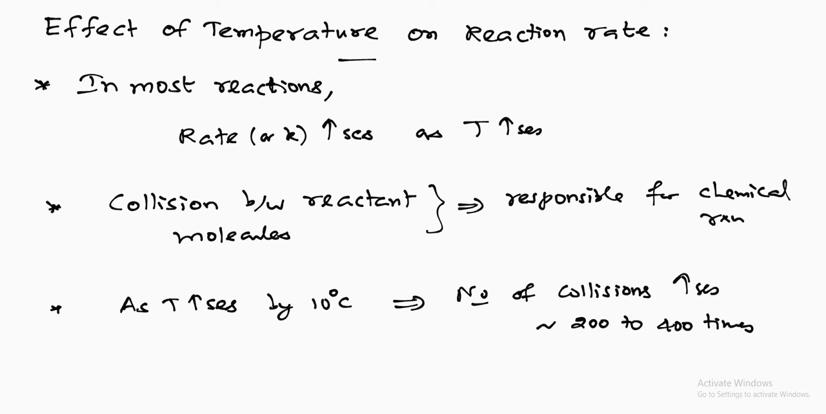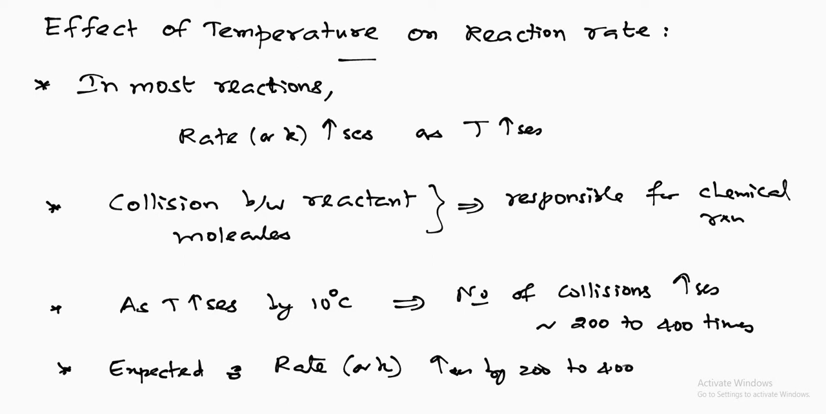So if collision alone is responsible for chemical reaction, then scientists expected that the rate of the reaction, or rate constant, would also increase by 200 to 400 times. As temperature increases by 10 degrees Celsius, the number of collisions increases by 200 to 400 times, so the rate was also supposed to increase by 200 to 400 times. But